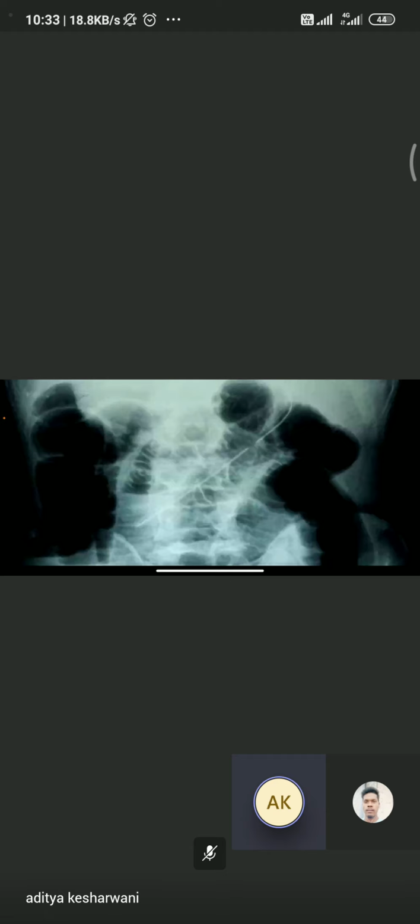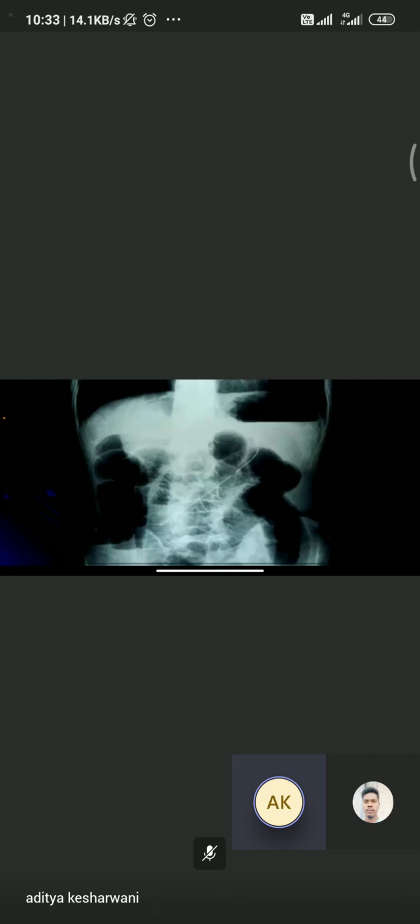Normally, we can get up to 3 fluid levels, at the fundus, or in case of non-obstruction also. Air and fluid means you can see the blackish part, that is the air, and the white part, that might be fluid. So if we are getting more than 3 air fluid levels, that is significant of an obstruction, and it can be a complete or incomplete obstruction also. And this shadow that you are seeing is the shadow of the Ryle's tube. Because the Ryle's tube is lined with radio-opaque material, we can see the Ryle's tube in this also.